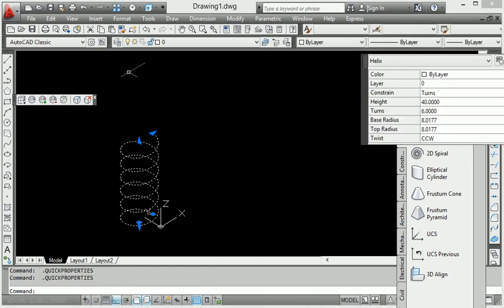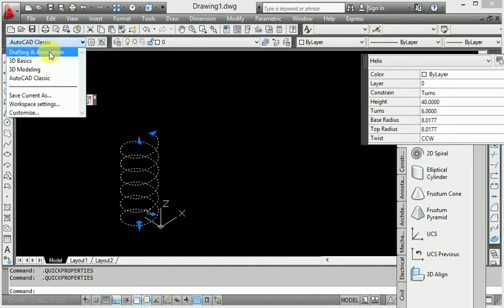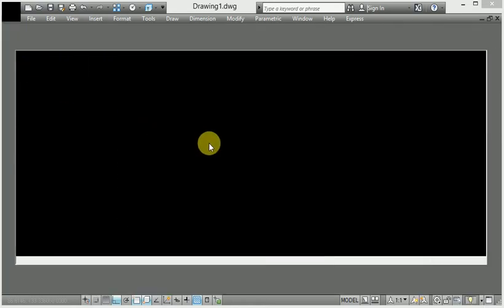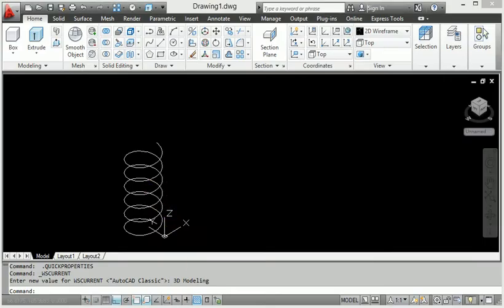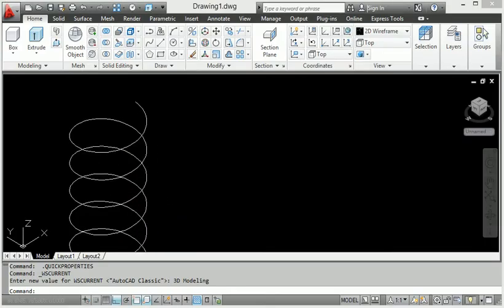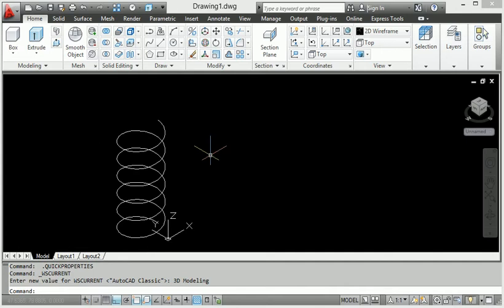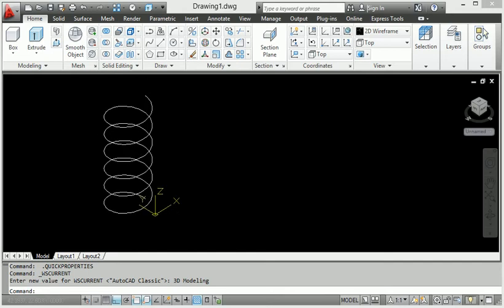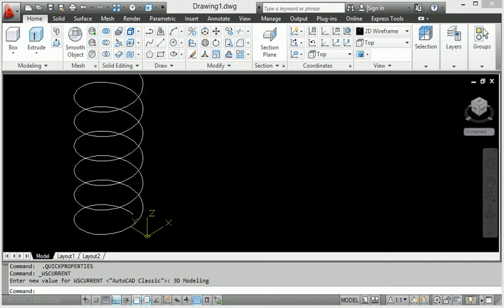Then I will also switch to 3D modeling. Now here you can see this. I made 4 helix spiral curves right now, and I want to get the proper adjustment.